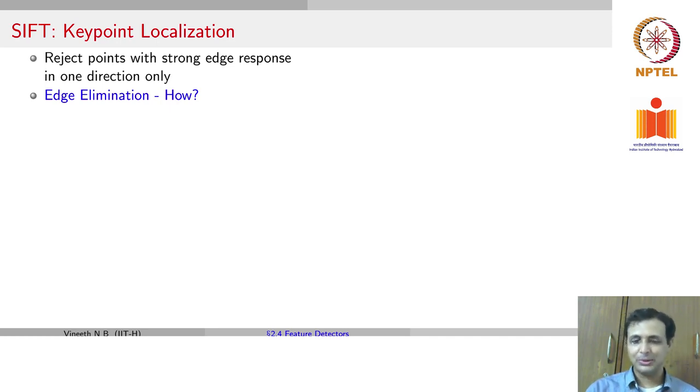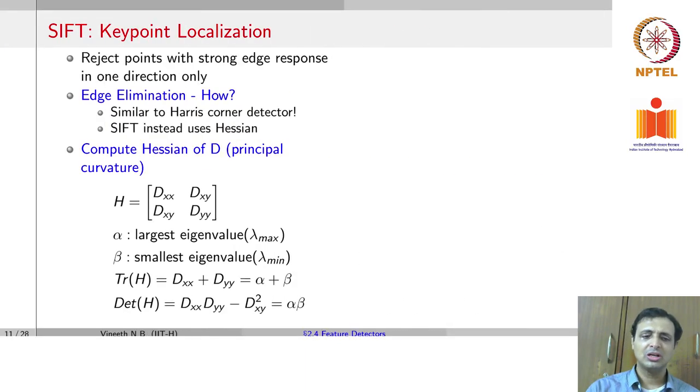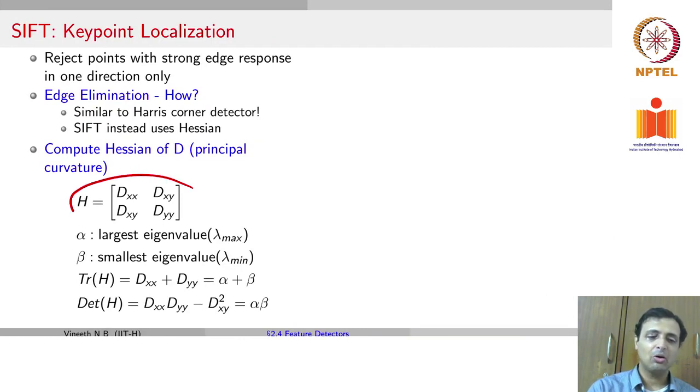This should ring a bell, using a very similar approach to the Harris corner detector. However, David Lowe in SIFT takes a slightly different approach and uses a Hessian of D, which is your difference of Gaussian output again, instead of using an autocorrelation. There have been other people who have also extended the Harris corner detector to use corners based on the Hessian. SIFT uses that kind of an approach, where the Hessian of D, which can also be looked at as the curvatures, the second derivative effectively captures the curvatures.